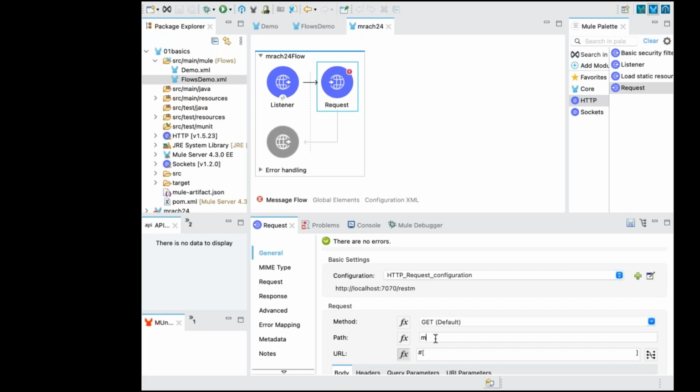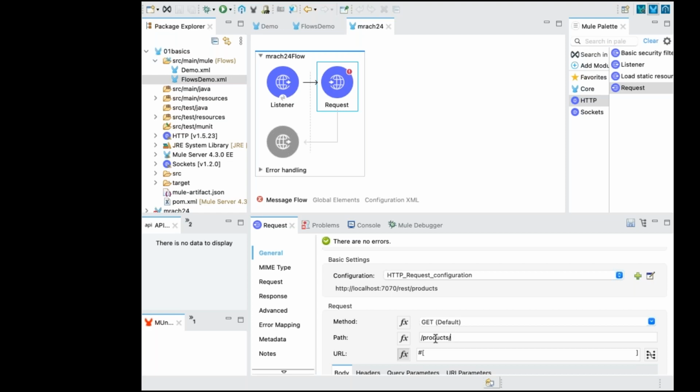Path is slash products. What is the third-party application exposed as? Slash products. No, remove the extra part. Slash products.